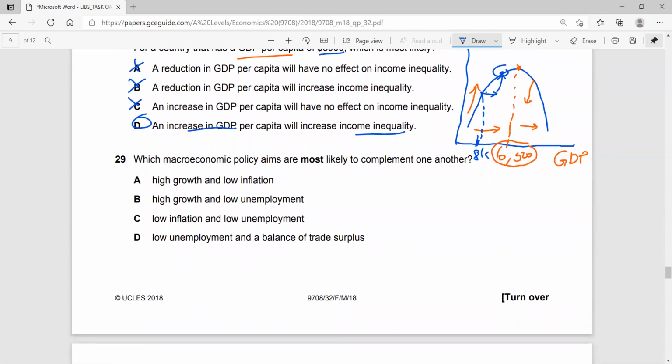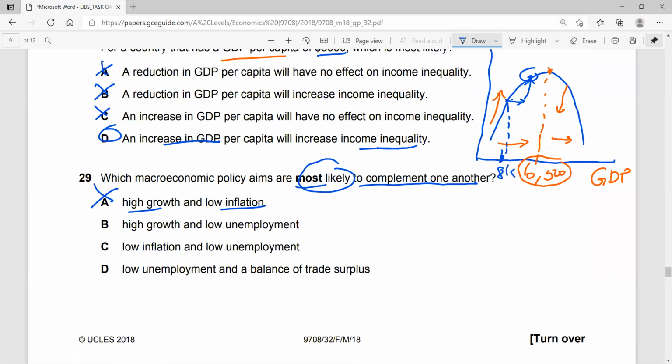29, which macroeconomic policy aims are most likely to complement one another? Not like there could be many correct options here, but we have to look at the most likely one. High growth and low inflation. I mean, these are usually quite contradictory claims and not so complementary claims. Simply because